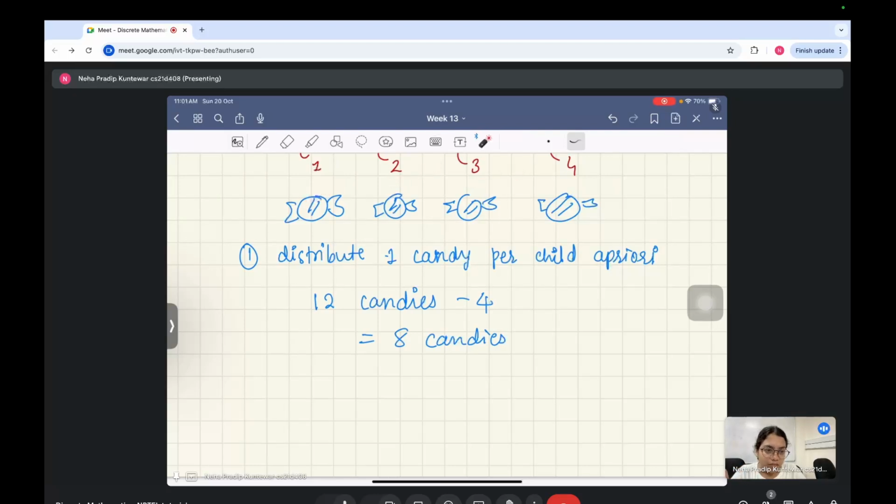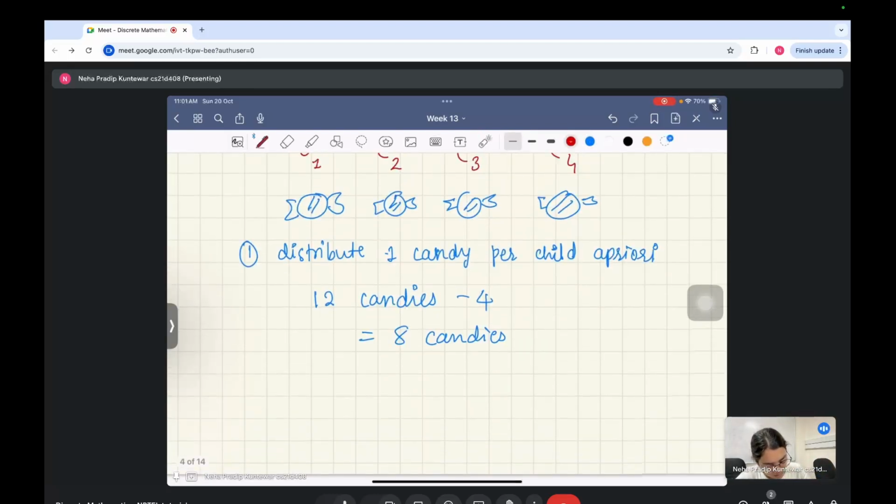So it does not matter that some child does not get anything out of these 8 candies, because we have already ensured that each child has already gotten their quota. So this is the same as saying that you have 8 stars and you're going to put 3 bars into them, and that is the same as saying that n is 8 and r is 4,